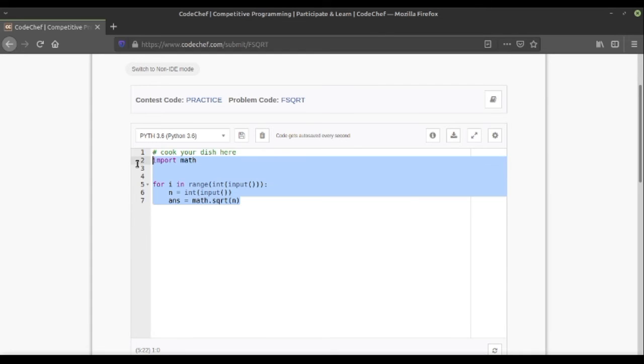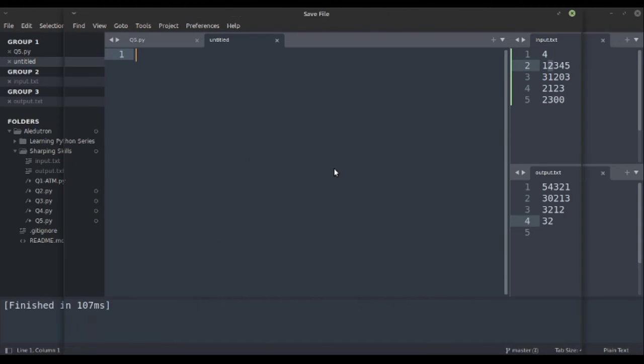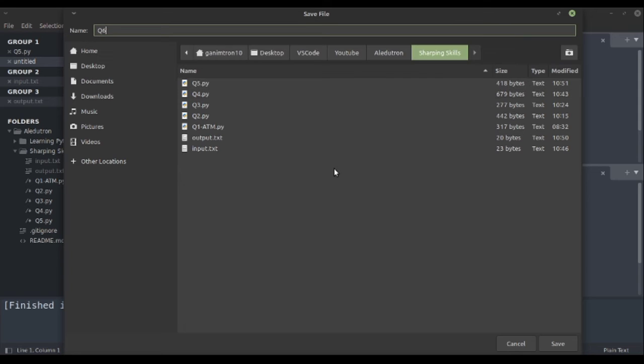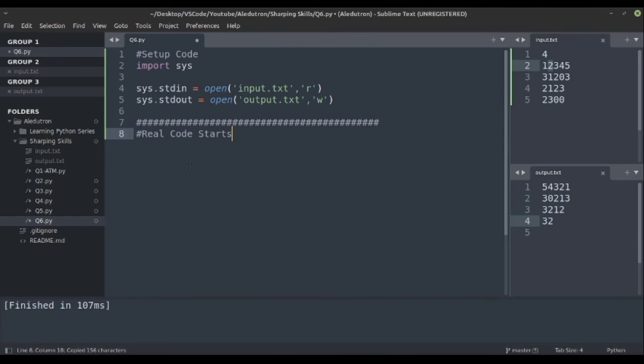Let's take this in Sublime Text and see various things. So new file, save it as q6.py, and then the starter code, copy, paste, and then let's paste the question.